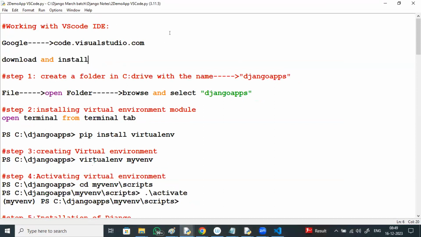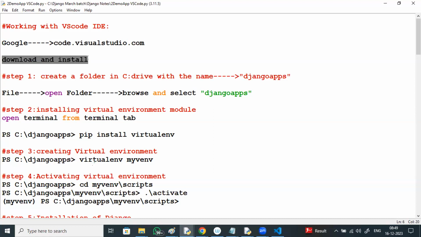Now, where you are going to save all your applications, create a folder, generally where your projects need to be stored. Code.visualstudio.com, right?